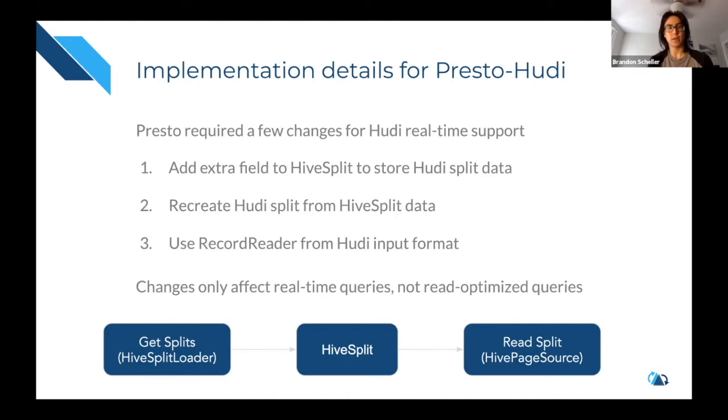So now that we have the Hoodie real-time file split back, this middle box is taken care of, but we still have to use the Hoodie record reader. As I mentioned earlier, Hoodie's use of the Parquet Hive Serde triggers the use of the Parquet page source, which is not what we want, as it does not call getRecordReader. To work around this, we added another annotation, use record reader from input format, which when seen by Presto, skips use of the Parquet page source to instead use the Hive record cursor class. This class uses the record reader from the input format, completing our chain at the bottom here